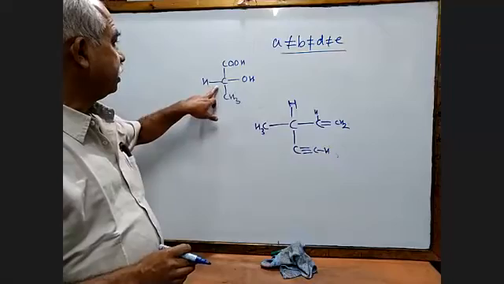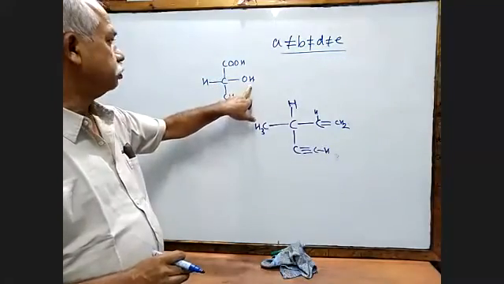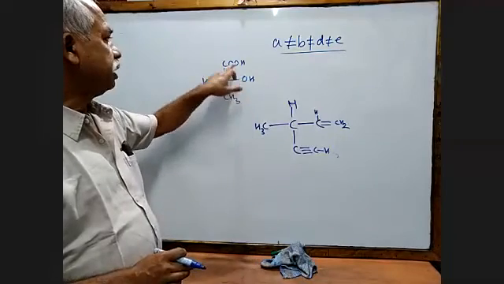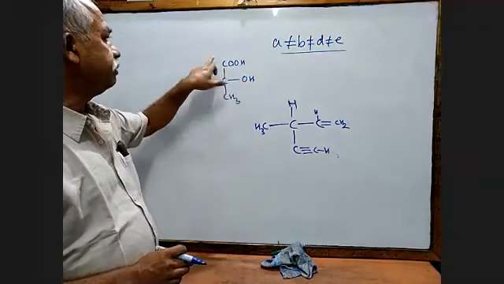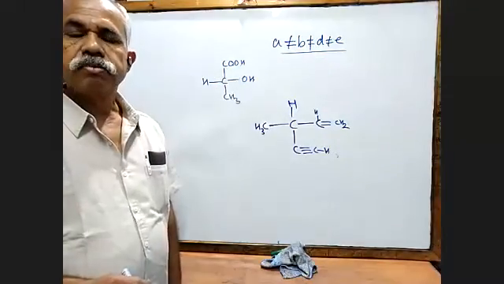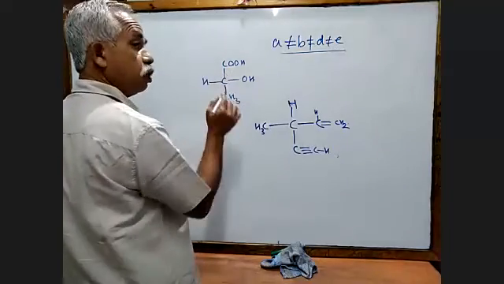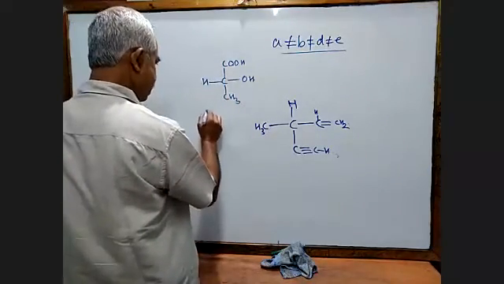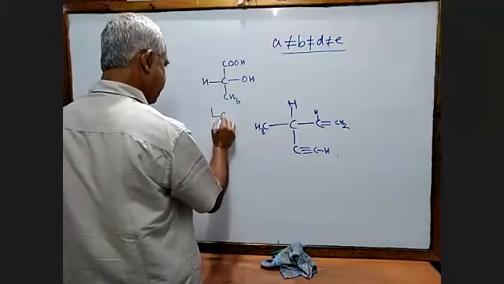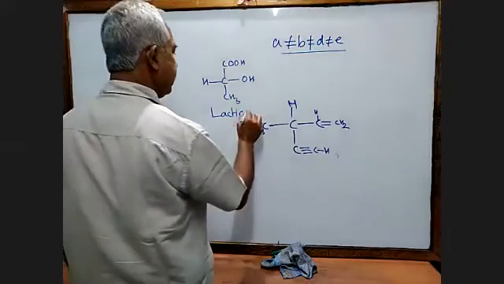Okay. See here. 1, 2, 3. So in second position you have OH group. Both of them are functional group. It is the highest priority. The molecule will be named after this. So the name of the compound is 2-hydroxypropanoic acid. Okay. Now, as this molecule you get from the nature, in that case, you will find its name is lactic acid.